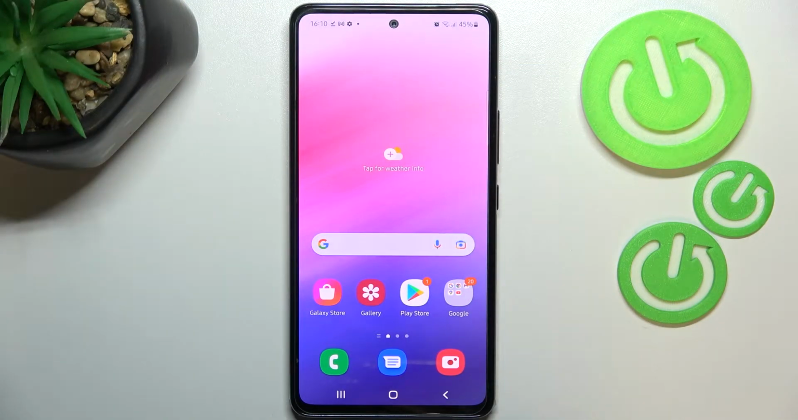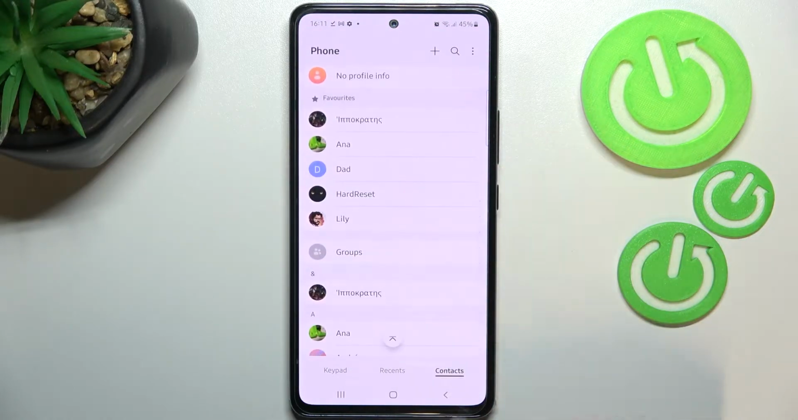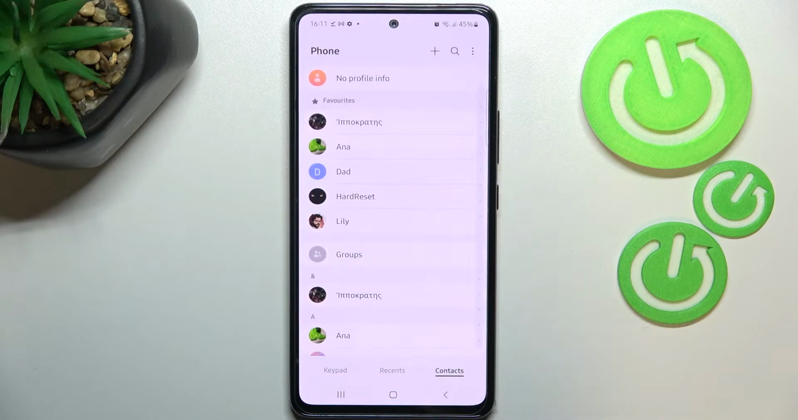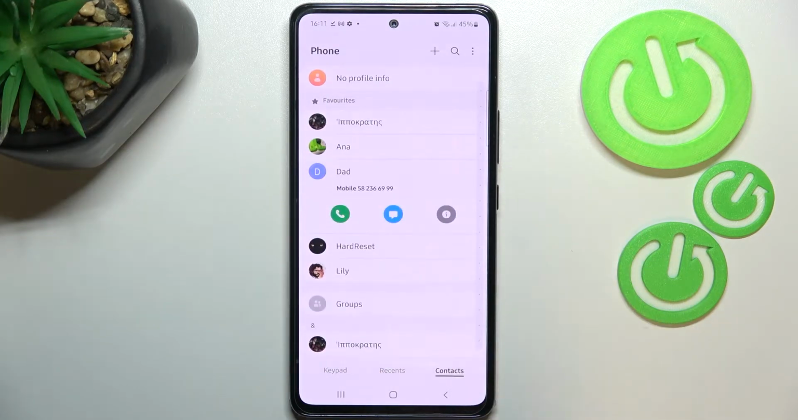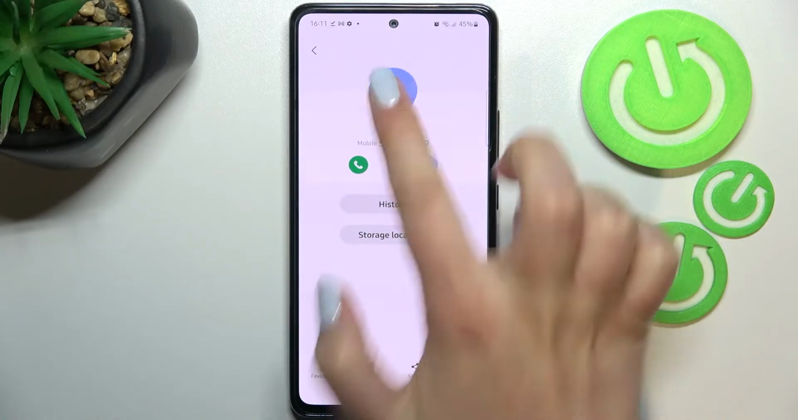Everyone, in front of me I've got Samsung Galaxy A53 and let me share with you how to add a photo to a contact in this device. So first of all, let's open the dialer, actually your contact list, find the contact you'd like to edit and tap on it. Now let's enter this info icon and tap on the camera icon, which should appear right in